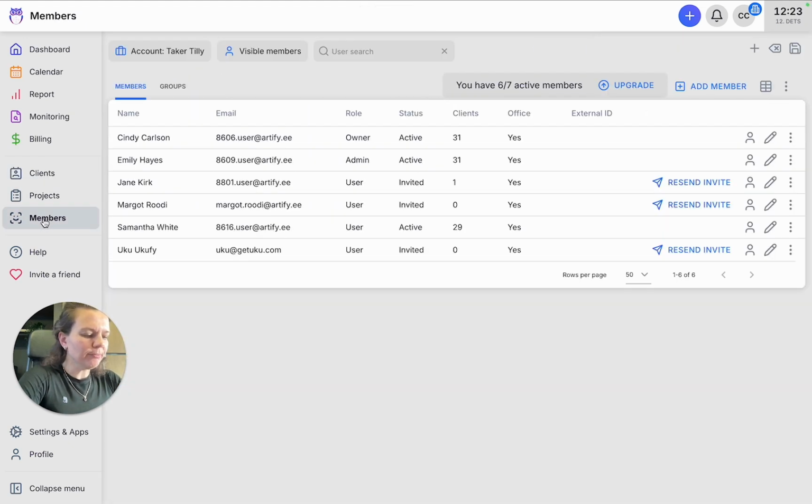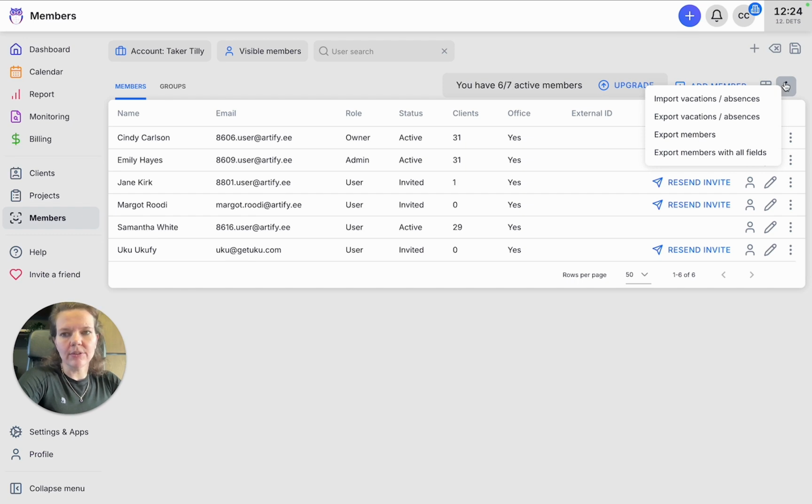For members, we have added the option to define an external ID. So for example, if you have a salary system or any other system where you also have a list of all your colleagues and you want to link the systems by ID, you can add the external ID here from that other system. And when you download the list of your members, the external ID will be exported with it.